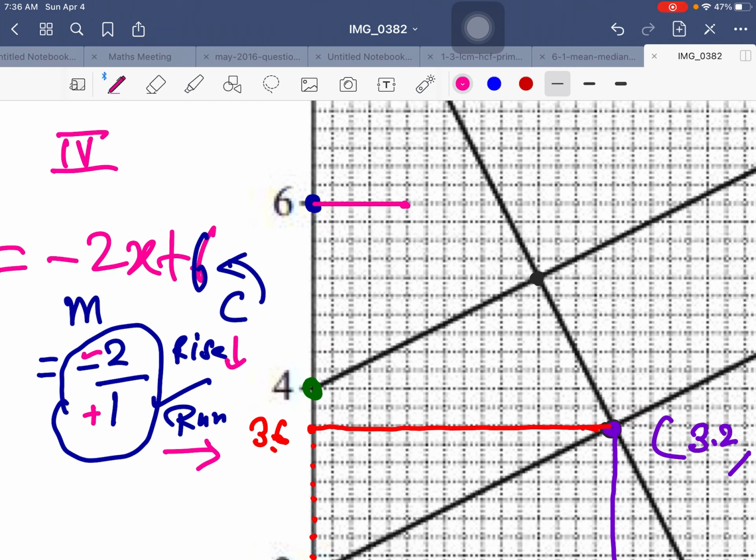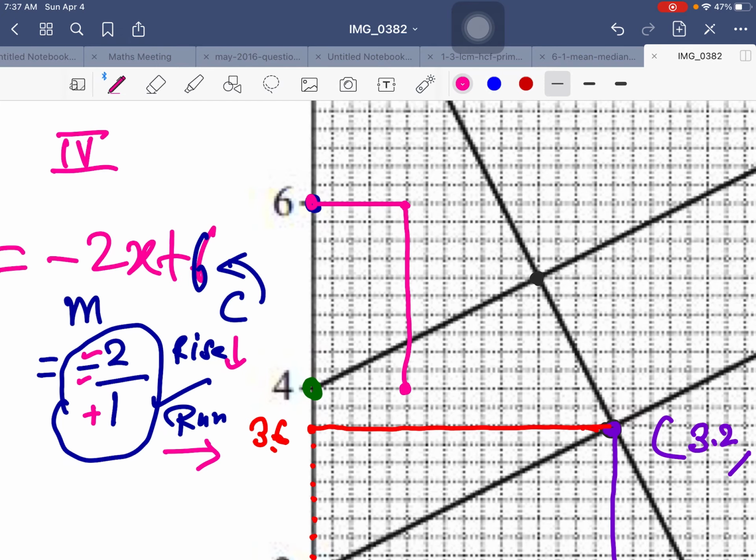Then, students, the rise is minus 2. Minus 2 means I am going to move down. So it is at 6, and I'm going to move down up till 4. That's quite simple. Why down? Because the rise is negative. I will move down and stop at 4, okay? Like this. So when I stop here, I got the second point, students.